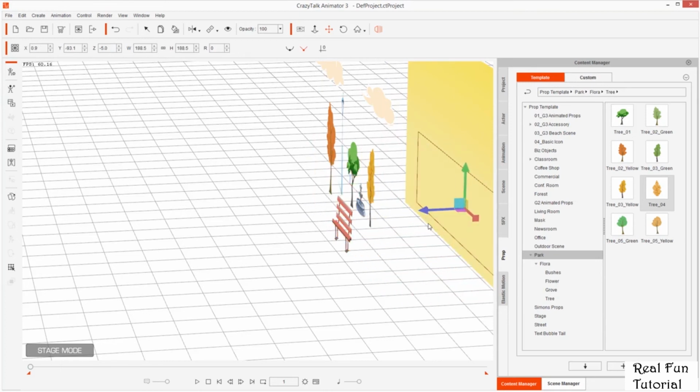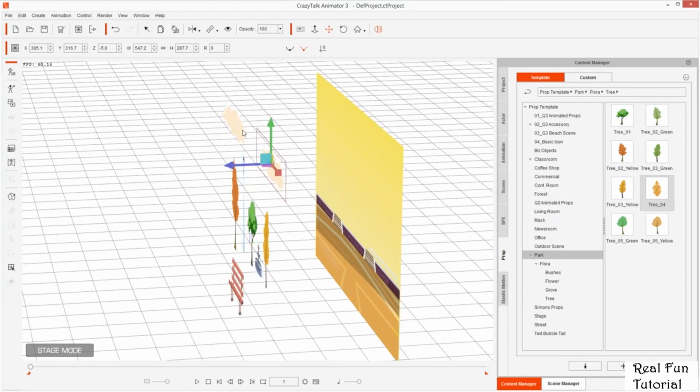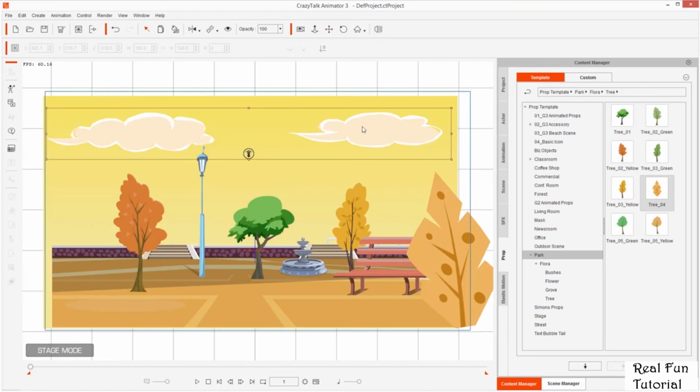Not behind the sky, I want it in front. And the clouds also need to be in position. I can hold Control, select the other cloud, and bring this back. Right? And now I switch to the frontal view, and I might need to make some adjustments because remember, this